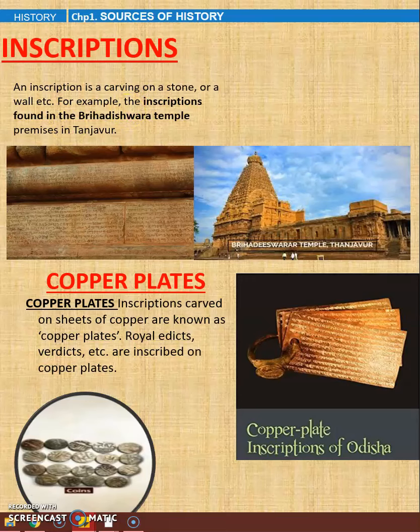Now our next topic is about inscriptions. Have you been to any historical temple, children? There you will notice some inscriptions. An inscription is a carving on a stone or a wall, etc. For example, the inscriptions found in the